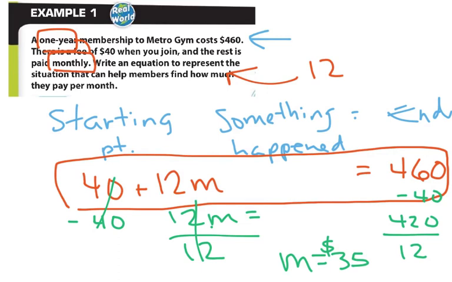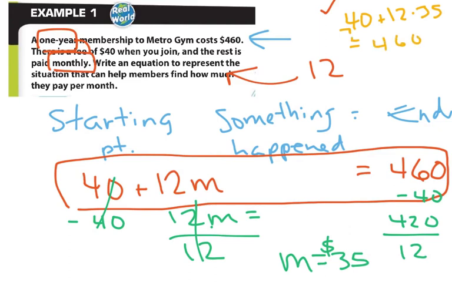And in order to do my check step, I could do my check step up here. I would replace the m with 35. And so let me change to a different color for you guys. I would do 40 plus 12 times 35. And I want to know, does that equal, so I ran out of space again, does that equal, with a little question mark here,